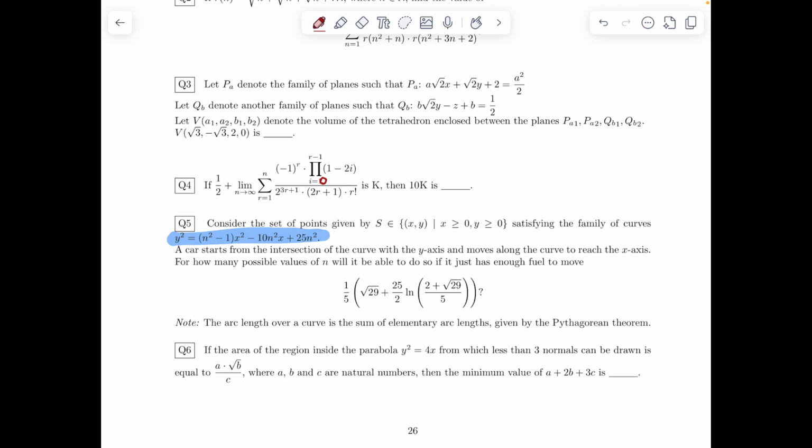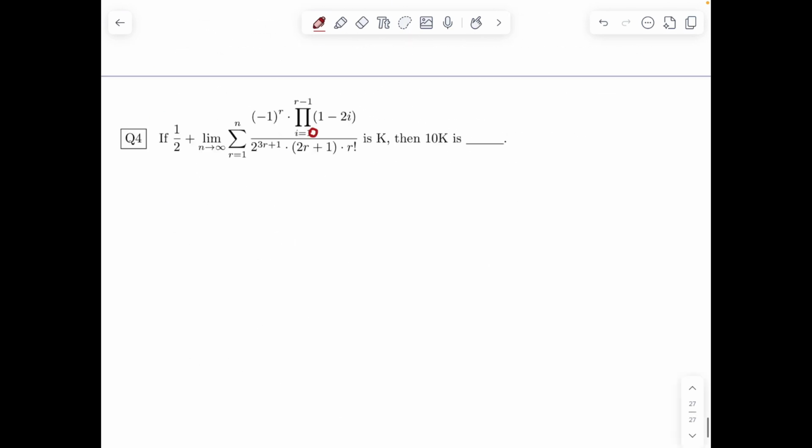So let's start with the toughest one, which is probably question 4. Let's see how to think about it. We need to find the value of the limit as n tends to infinity of this monstrous expression. The first idea and motivation for this kind of problem is that maybe this summation can be written as an integration